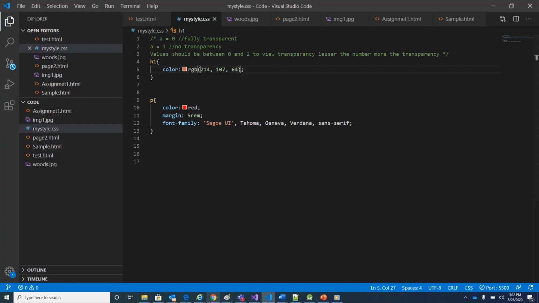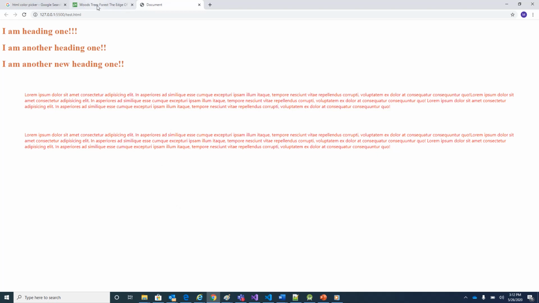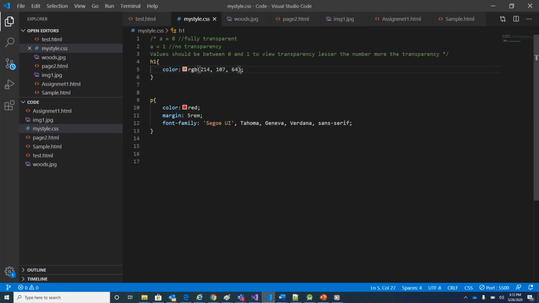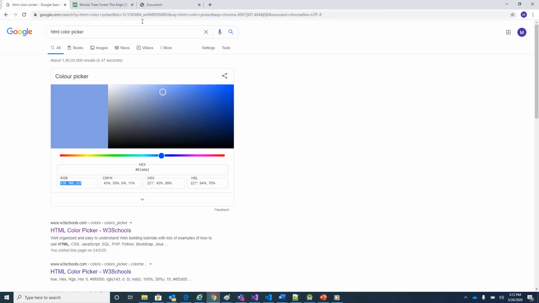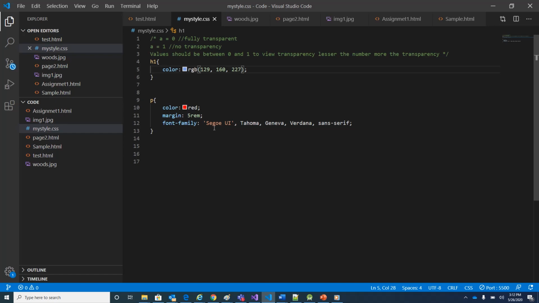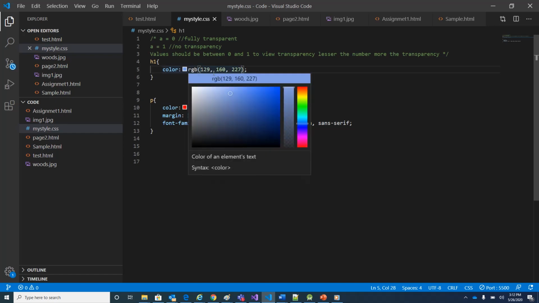Try some other color. Let us say, here, this shade of blue. I want this shade of blue. Just copy these RGB values and put them right here in RGB, so that the color will be applied. Save the changes and view your web page. You can see that the shade is applied. So till now we have given the color as a direct name and in the RGB format.